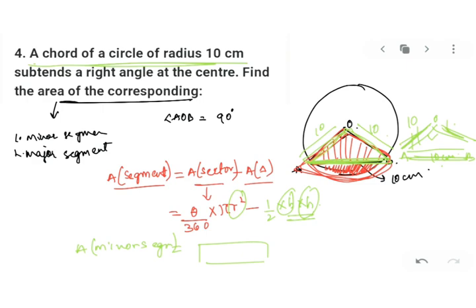So you have to just put in the values of radius in your area of sector. And for area of triangle also, the radii will become base and height. Got my point clear? So you have base and height 10, 10. From there you will get area of sector and area of triangle. When you subtract, you will get area of minor segment. Once you have area of minor segment, my dear kids, what you have to do? You have to find area of major segment. How will you find area of major segment? Yes.